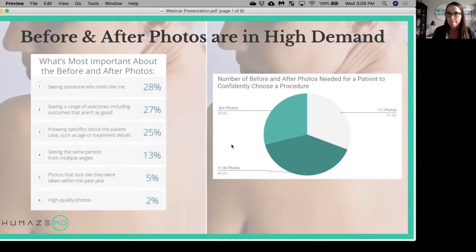So the way that we built this was, it's really applicable for any vertical out there that uses before and after photos. If you look at this from a weight loss perspective, we can track the entire journey of that patient, whether it was gastric bypass, weight loss pills, or a diet regimen. We want to be able to say, here's the before photo, here is 1 month post, 2 months post, 3 months post. Literally, we can track the progression of that patient upwards of 50 different photos with 5 different angles of each of those. So we can give that patient a clear direction of what they can expect at every point of their